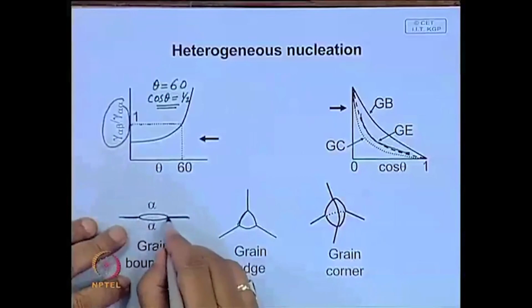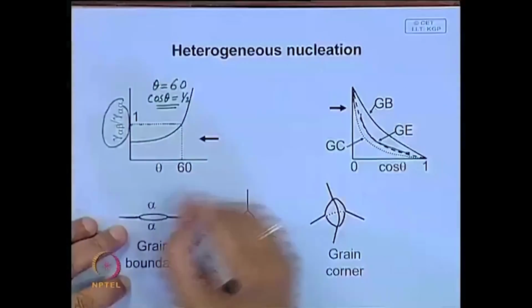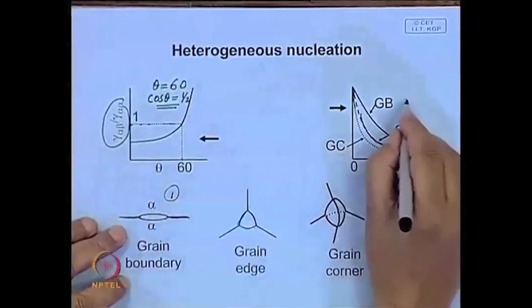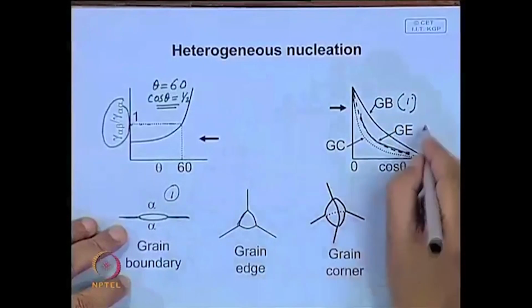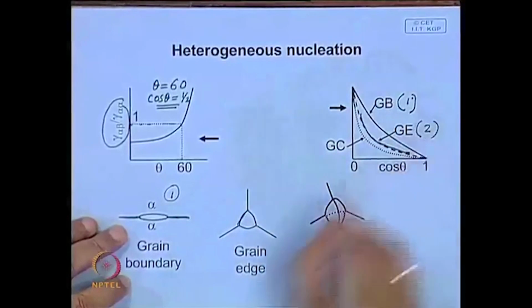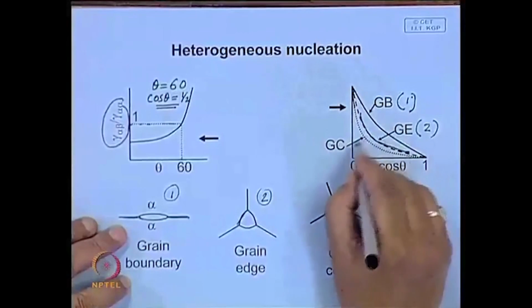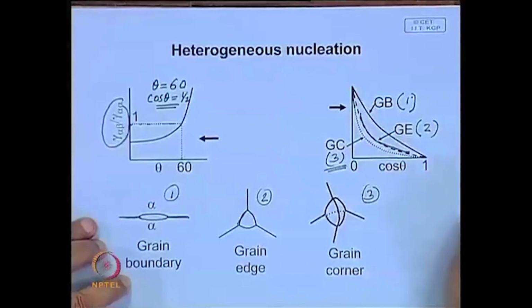So, this is the nucleation, this is what we consider, this type of precipitate. So, I will call this 1. This represents 1, this grain edge represents 2, and this is 3. So, this is given by 3. That means the preferred site for heterogeneous nucleation will be the grain corners, and in that order,